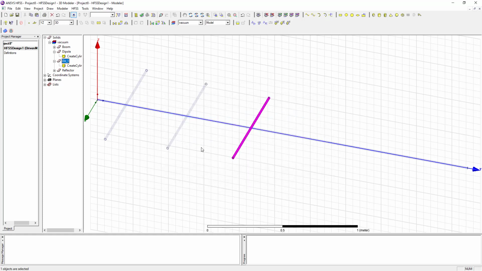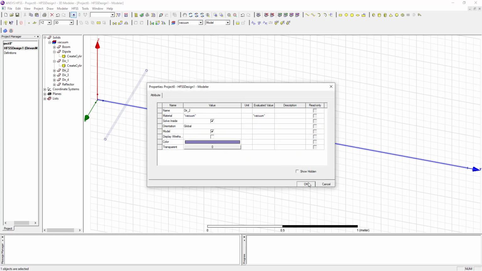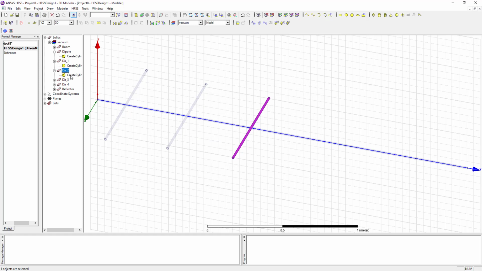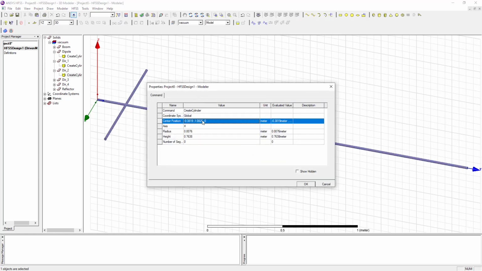Now we have to create 3 more directors. For this, select director 1 and go into edit, then copy, then press Ctrl V. So this is director 2, then again press Ctrl V, this is director 3, and then press Ctrl V again, director 4. Now we have to assign only the positions for the different directors. The position for director 2 is 1.535.